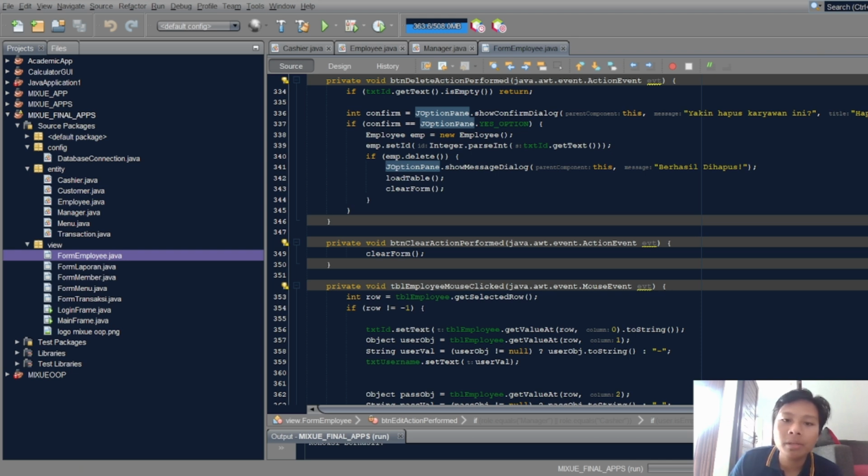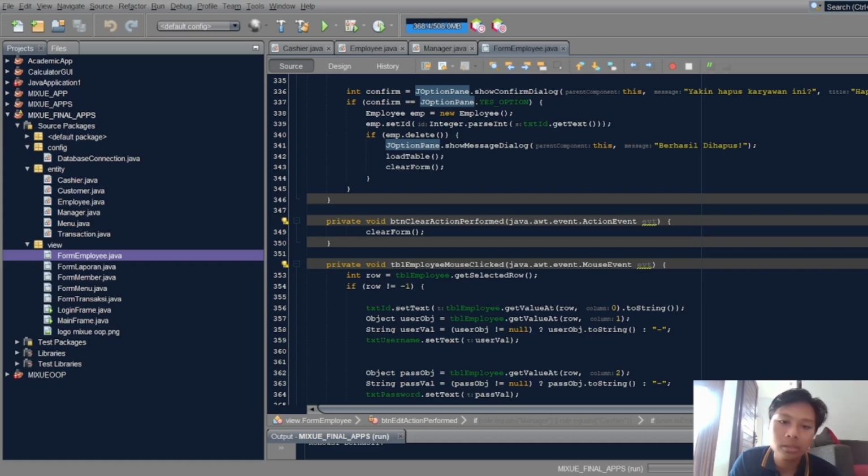This is the delete behavior from Employee Java. And then if successful, the option pane will show the message berhasil dihapus. And then load table, clear form, same as before.